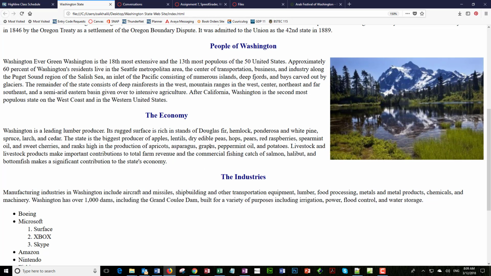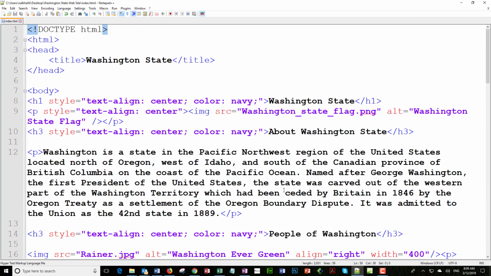So I'm going to go back to my notepad here. I'm going to go all the way up. In order to create a link to an anchor or to an ID, I have to first place that anchor name wherever I want to, or just name that particular element with an ID, give it the ID name, so I can link to it. So first I'm going to go ahead and add anchor names to the following